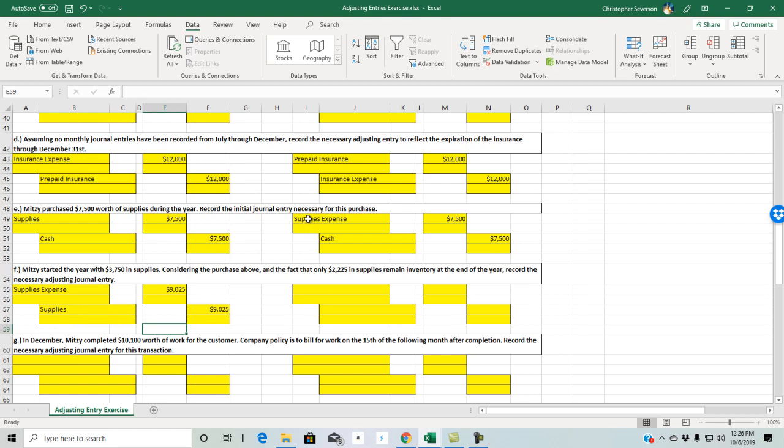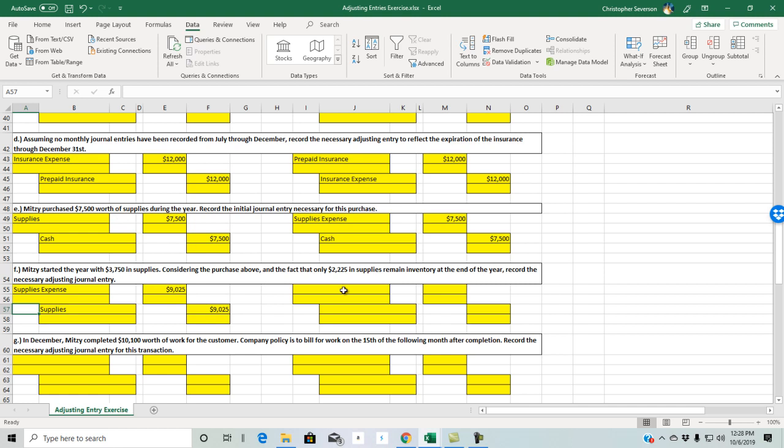Now over into this other method, we started with everything in supplies expense, but it really should not have been supplies expense. Not all of it. Instead, we only report the amount that is left over as the asset. So the alternative method for this one is a little bit unusual. You have to kind of think through this. If we're using the method where we record everything as supplies expense first, and then at the end of the period we only back out the portion that was not expensed, then what that basically means is, hey, we would